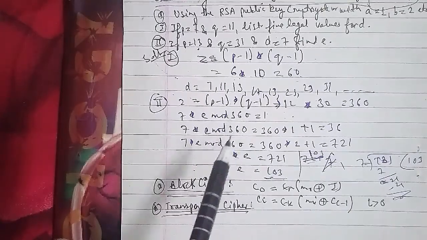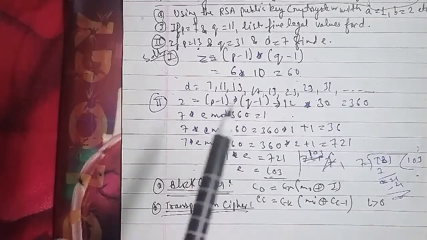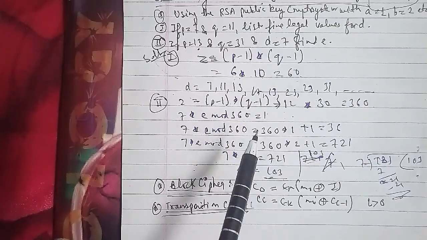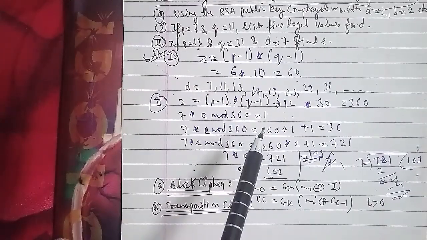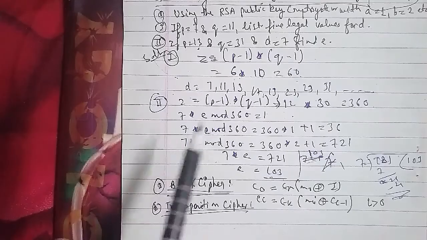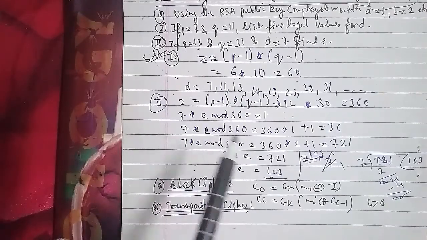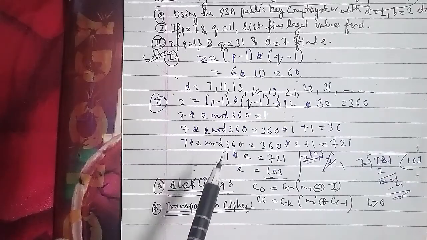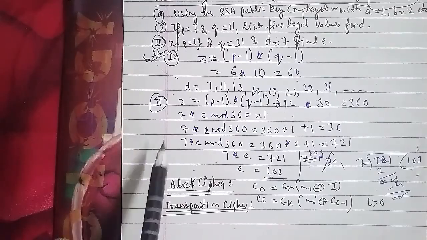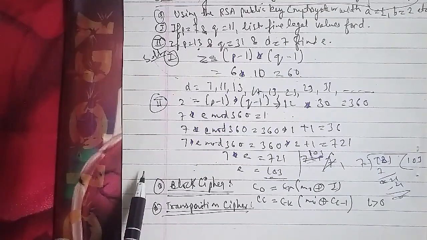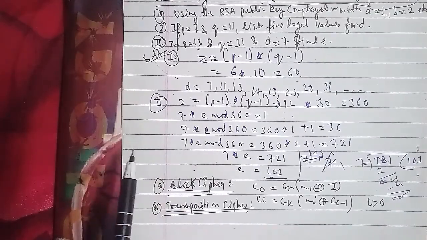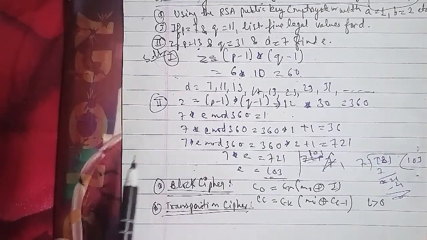Another one we have: list some of the quality of service parameters of the transport layer. ISO specifies 11 quality of service parameters for the transport layer. The first is connection establishment delay. The second is connection establishment failure probability. The third is throughput. Fourth is transit delay. Fifth is residual error rate. And the sixth is transfer failure probability. Seventh is connection release delay. Eighth is connection release failure probability. Ninth is protection, 10th is priority, and 11th is resilience. These were the quality of service parameters of the transport layer.